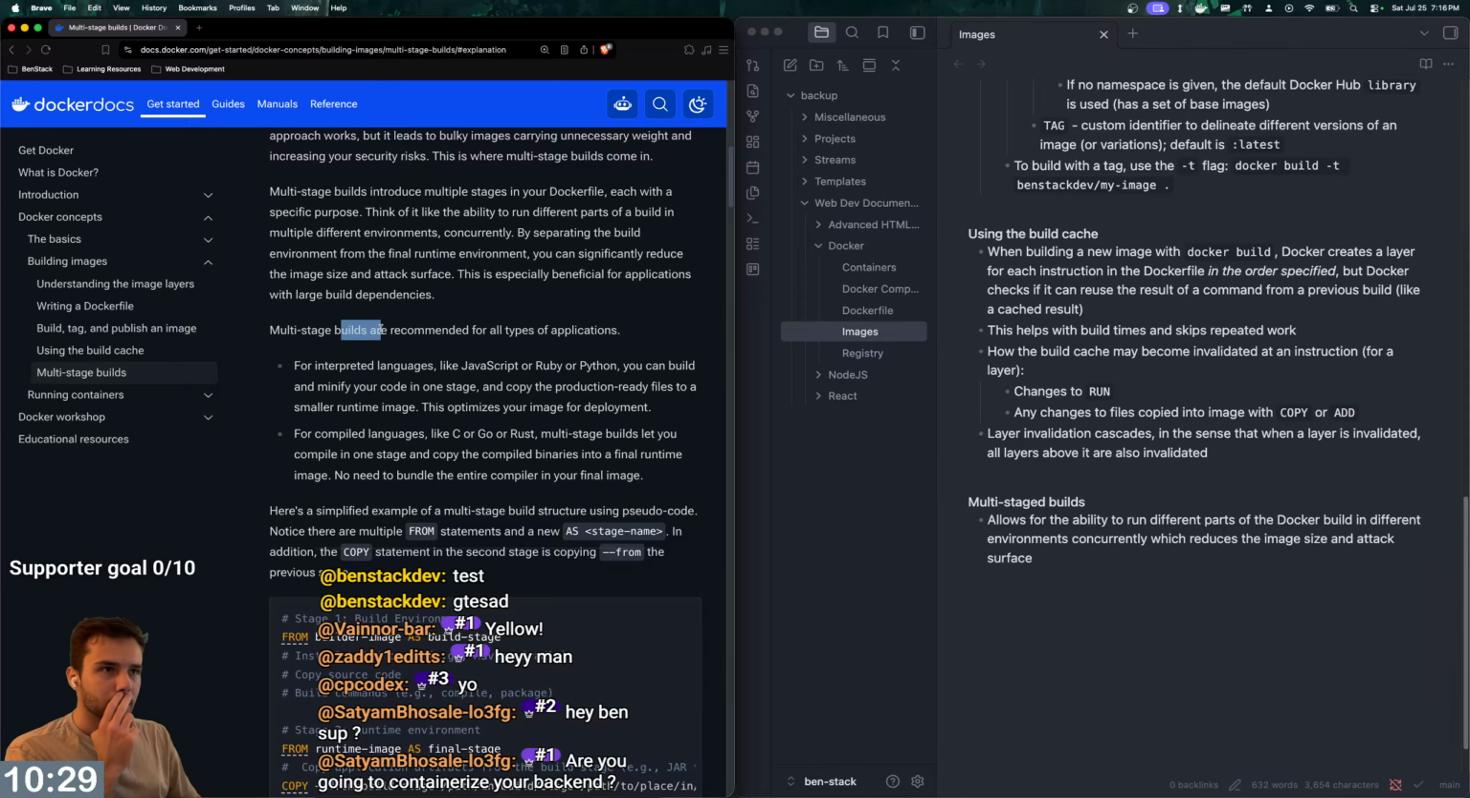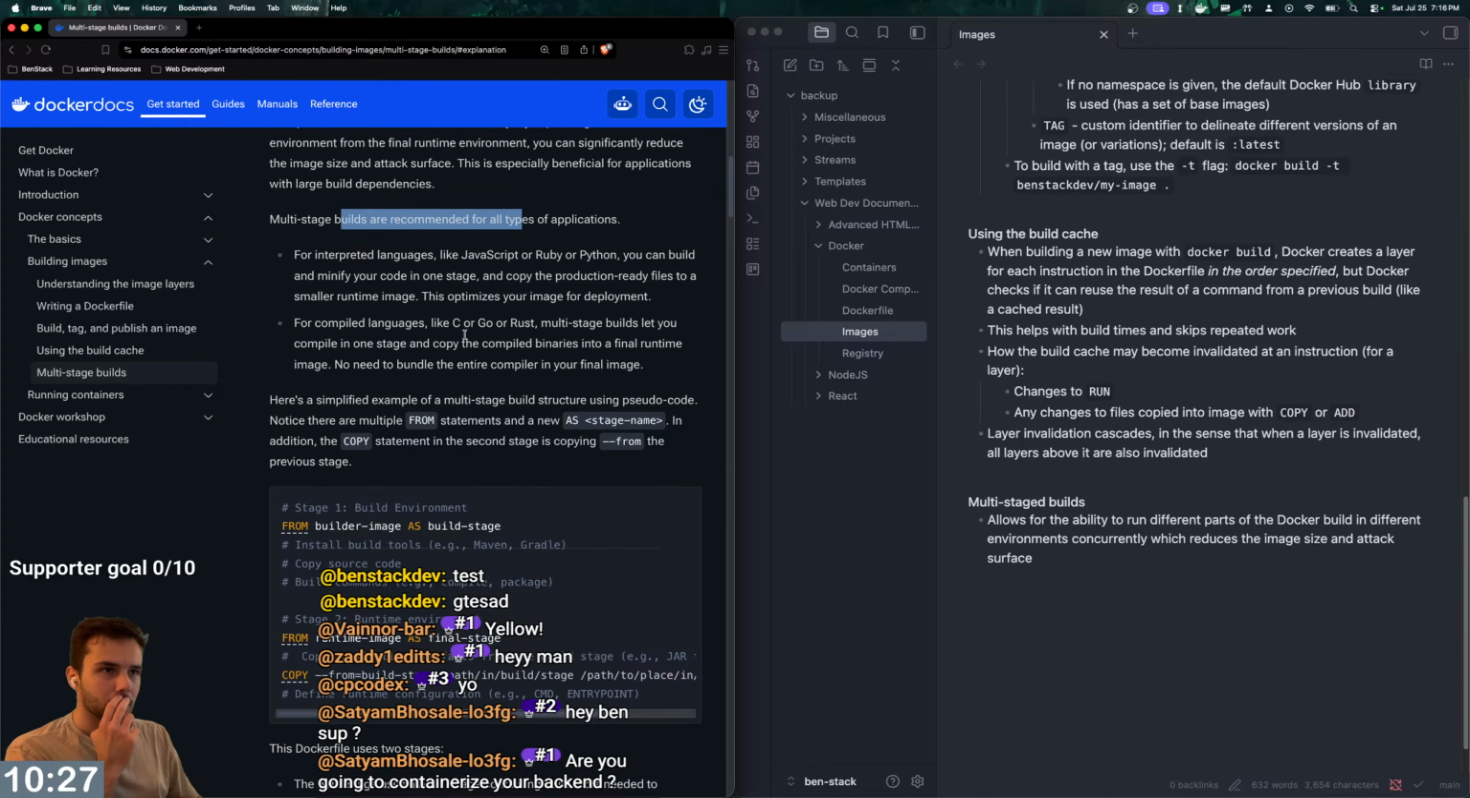Okay. Multi-stage builds are recommended for all types of applications. For interpreted languages, you can build and minify your code in one stage. For compiled languages, multi-stage builds let you compile in one stage and copy the compiled binaries into a final runtime. I see,